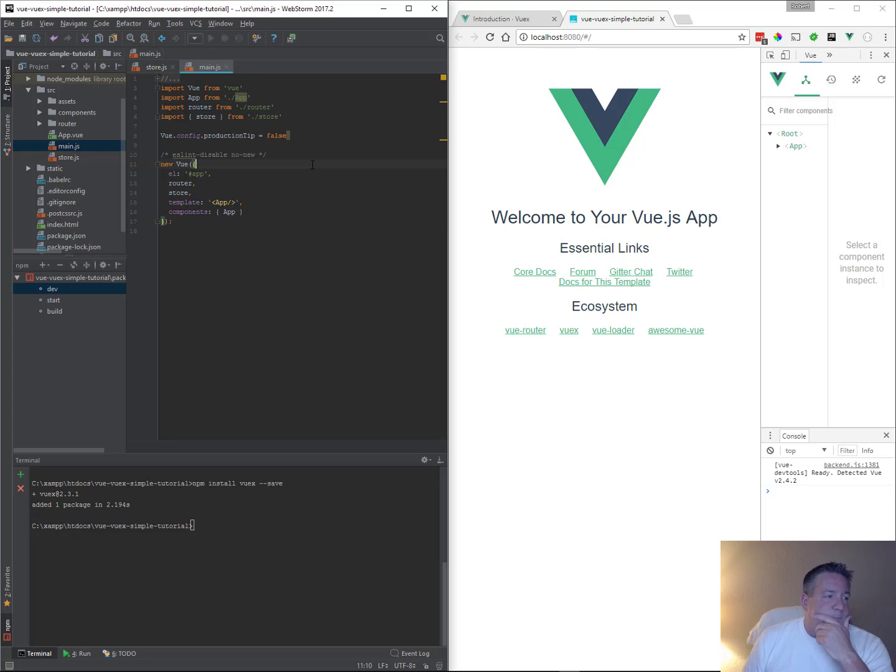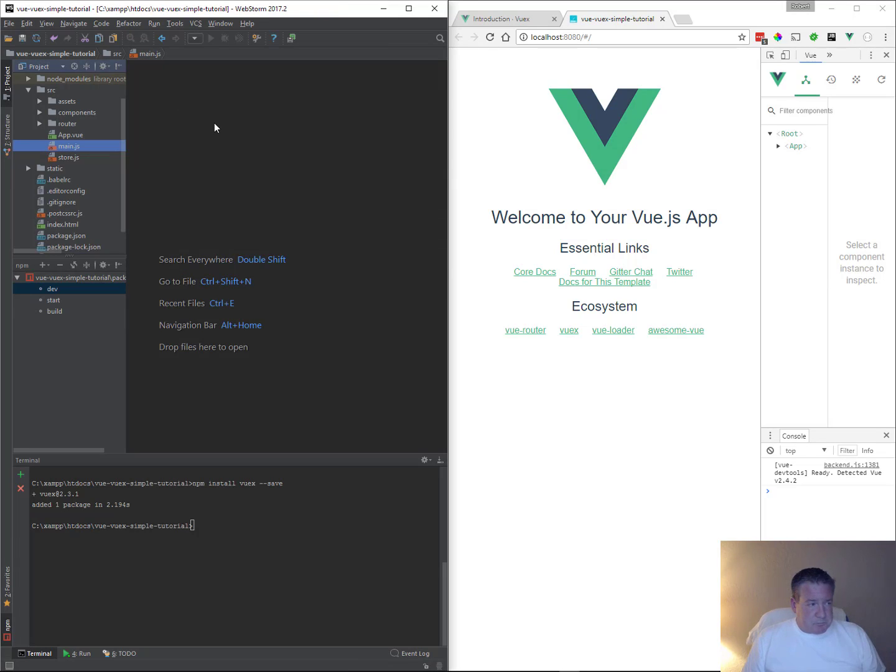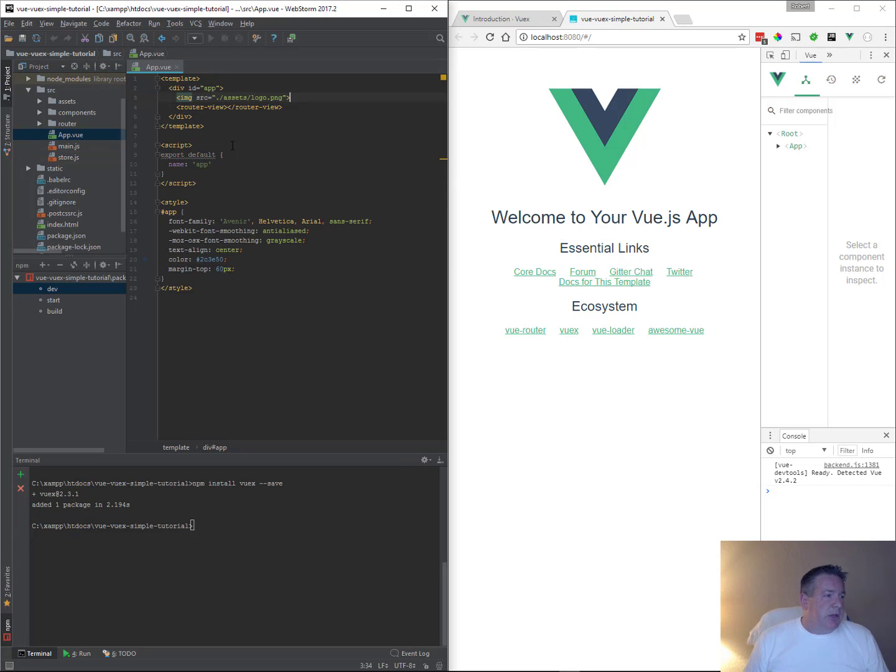So let's go ahead and use it. Let's see how easy it is really to use. So you scaffold out your store, and we want to utilize it. So let's put a v-if in our primary application. We're not even in a component. We're in a component, but we're not even in a child component. So if we do this, we're going to name it